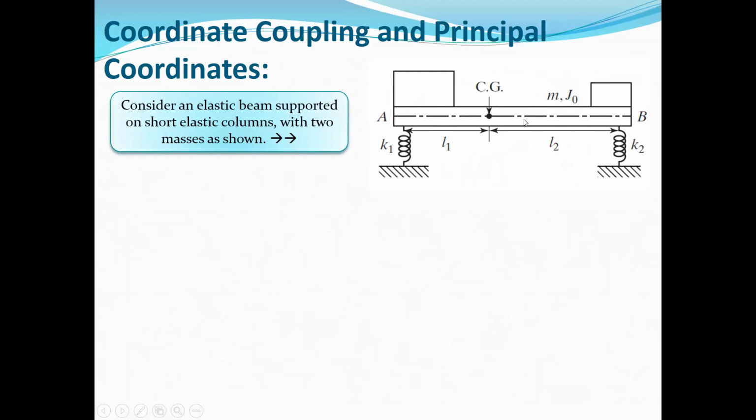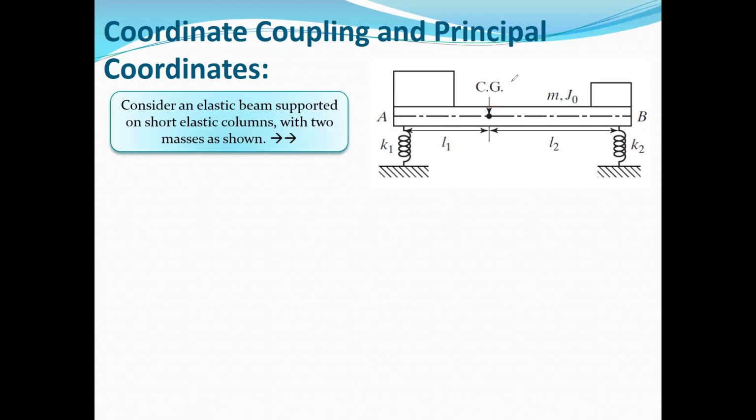and with mass M and mass moment of inertia J naught. The position of the mass center for this system is located at point CG, as you can see at this point, which has a distance of L1 from point A and a distance of L sub 2 from point B. We want to extract the equation of motion for this system, but as I told you, the first